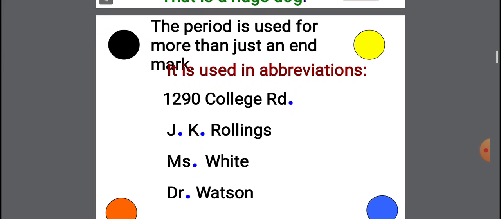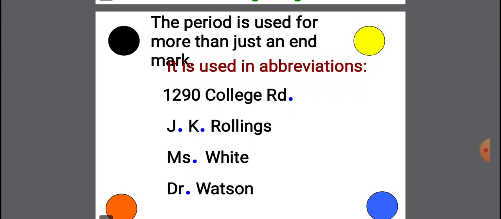Now we will learn the use of the full stop or period. The period is used for more than just an end mark, which means it is not only used at the end of sentences, it is also used in abbreviations. You can see here 1290 College Rd., where the period comes after the abbreviation.